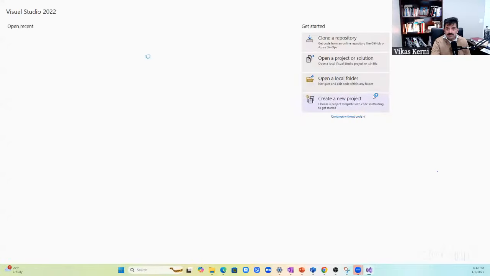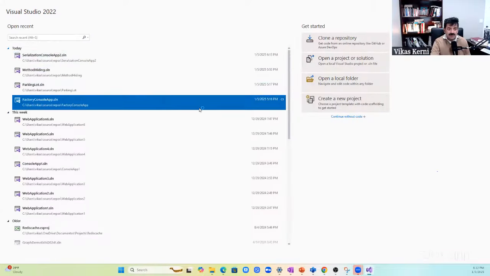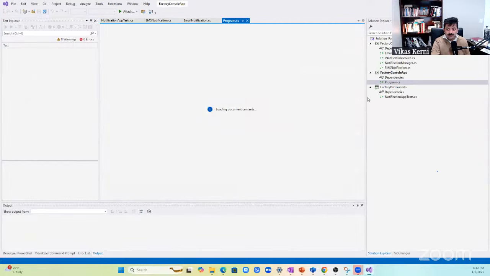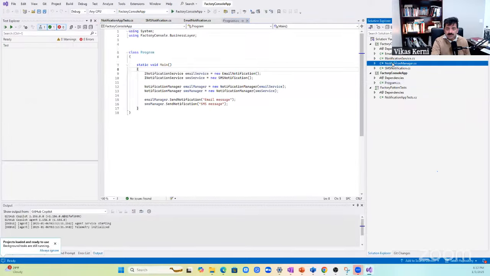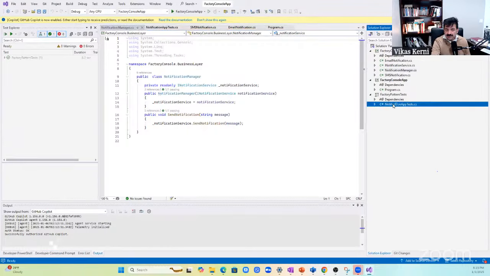Let me open the project. Serialization method of factory console application. So in the notification manager, we created a dependency injection pattern. Here we are taking an interface and it's calling the interface method. So what is the benefit is, if you go into the test,